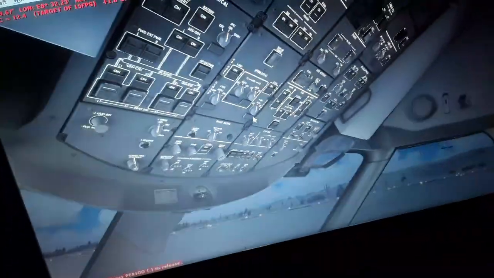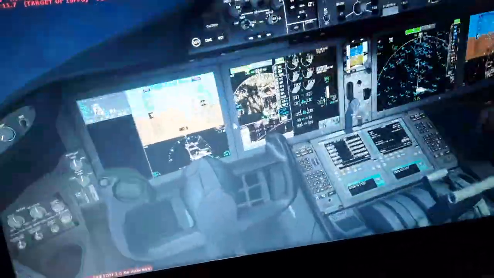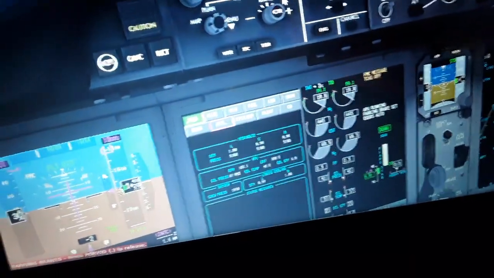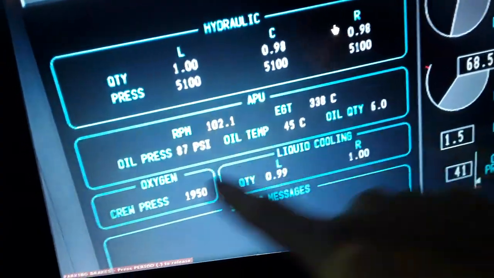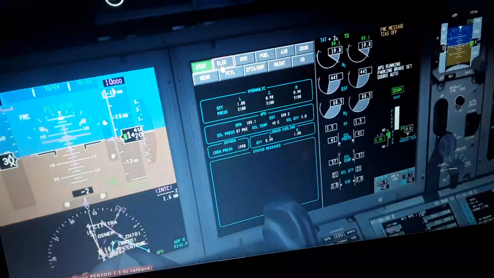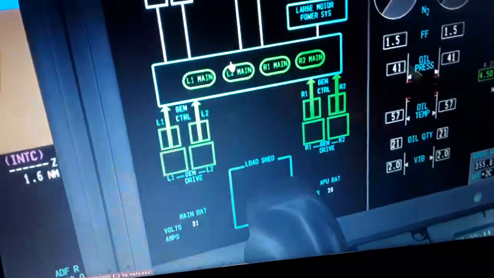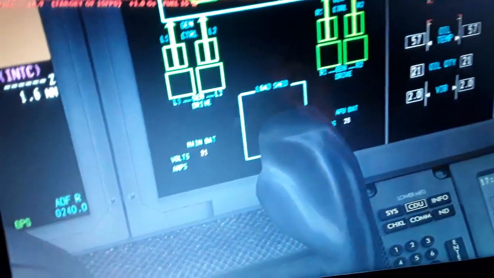So this is the valves control for the fuel and the fuel booster valve. So we need to now see the last system before we make the engine start demonstration. We have the systems display here. You can see hydraulics, the APU is running, the data, oxygen, quality and liquid cooling, the electric, left and right IDG, 115 to 200 volts, 400 Hz frequency, the APU generator, the load set, the main battery, and